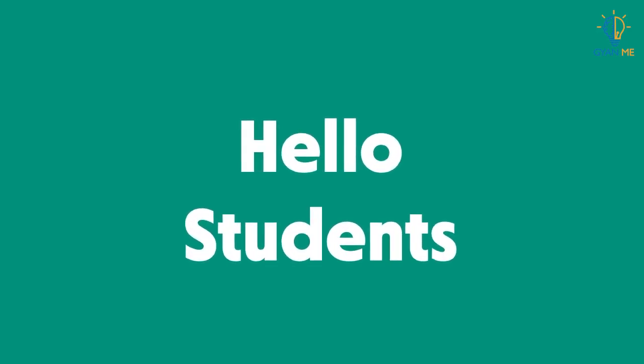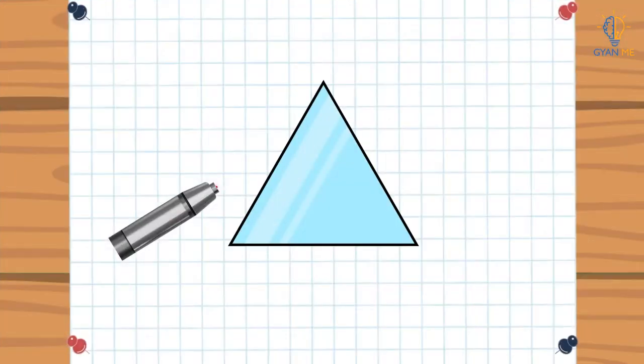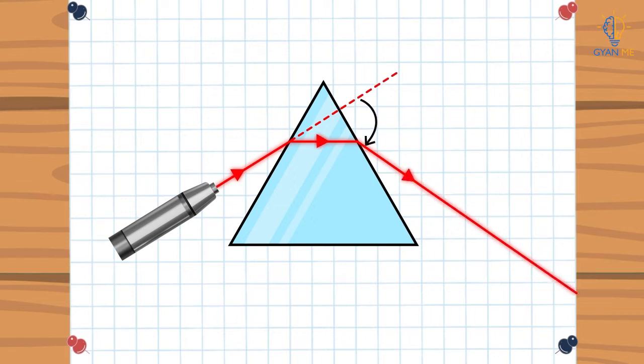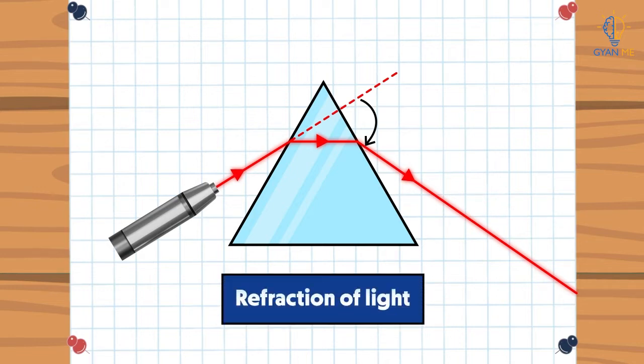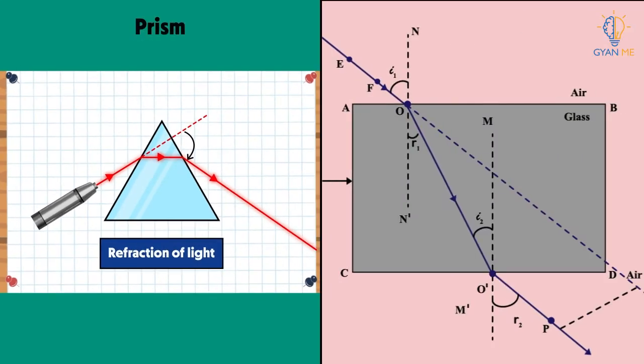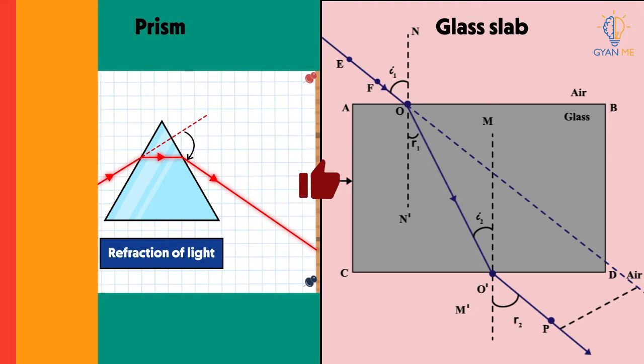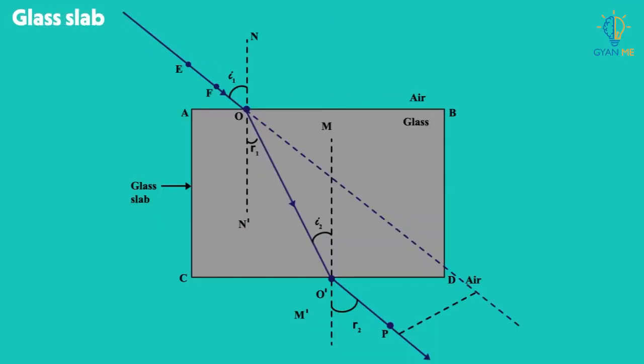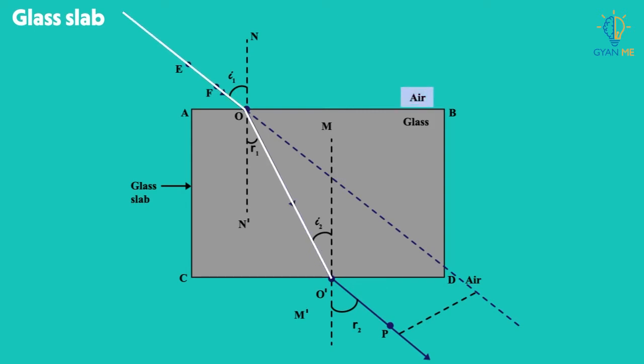Hello students! In the last video, we learned that when a laser beam passes through a prism, it bends from its path. That is, it deviates. And this is nothing but refraction of light. But I asked you, is this the refraction that happens through a glass slab? Yes. Observe here that in a glass slab, when light enters from air to inside the glass slab from the upper